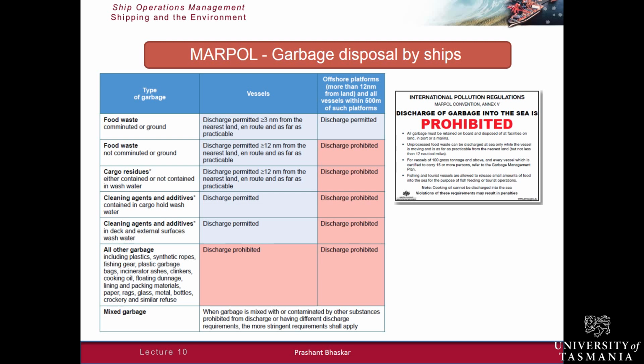So we now have stricter requirements, and essentially those requirements are, first of all, that the remaining garbage should be disposed of to a shore reception facility. So you keep it on board and dispose of it ashore. You have to display special or suitable placards where passengers and crew are likely to throw the garbage out from. So here on the right hand side of the slide, you've got an example of the type of placard that could be displayed. Ships are required to have garbage management plans.